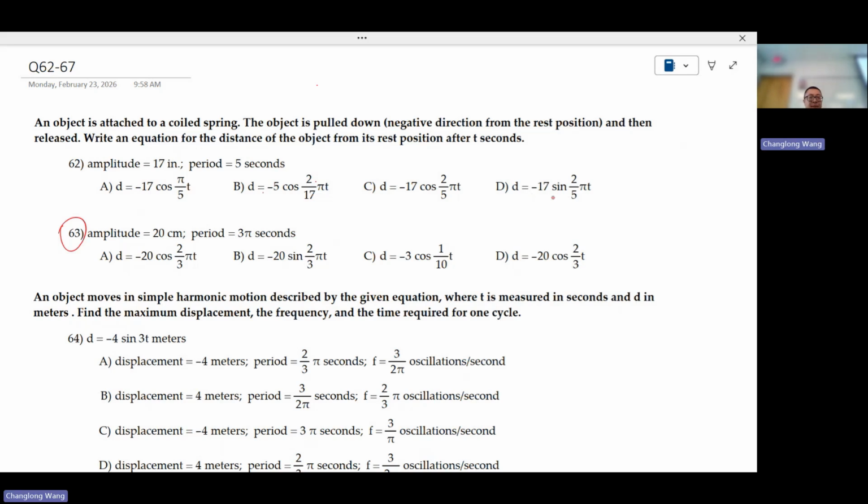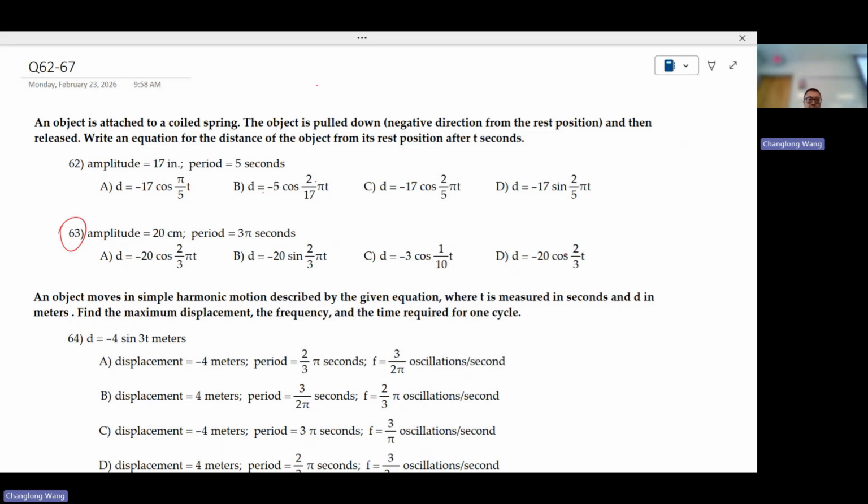All right, guys, let's take a look at 63. So the amplitude is 20. Well, that's why you see that. Well, unfortunately, there are three options that have the amplitude 20. Now, does that negative sign bother you guys? If they say amplitude is 20, but somehow some of the options have negative 20 in it? Good. Amplitude is just the absolute value, right? It's just the absolute value of the coefficient, right? Just the